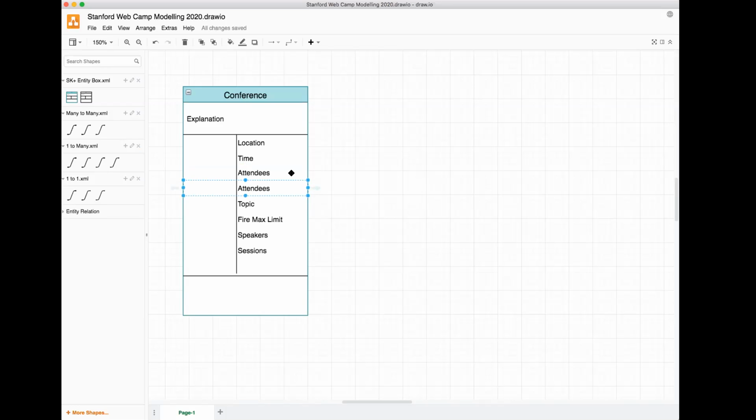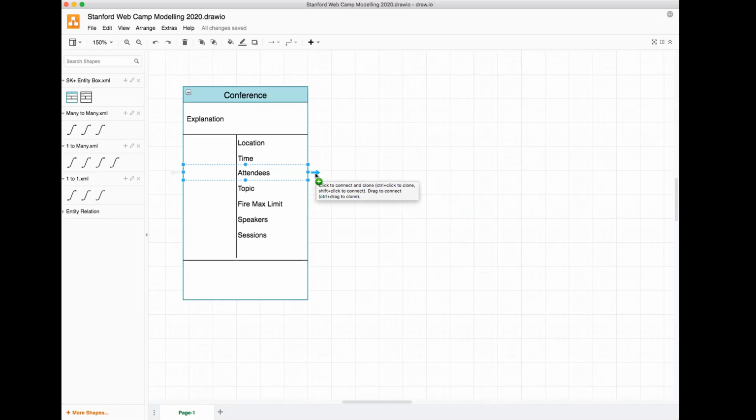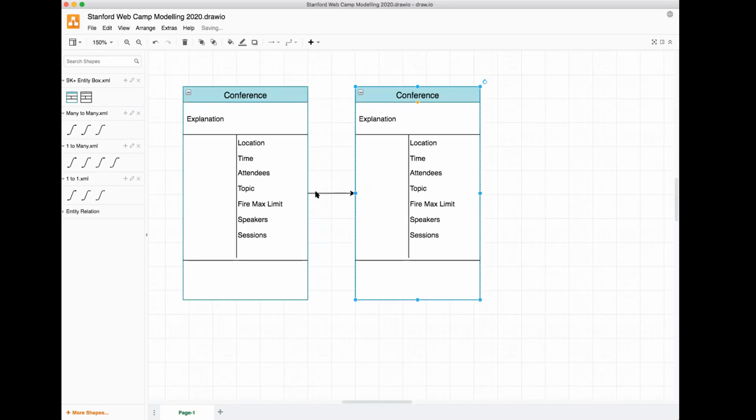Oops, wrong one. Pardon me while I remember how to do this. Yes, okay. It's supposed to give me a little help. There it is. Click to connect and clone. Okay. Control click to clone, shift click to connect. It's supposed to do something useful. Oh, I know why. I have to grab the whole thing. There we go. All right, so this is obviously not the conference, but this is